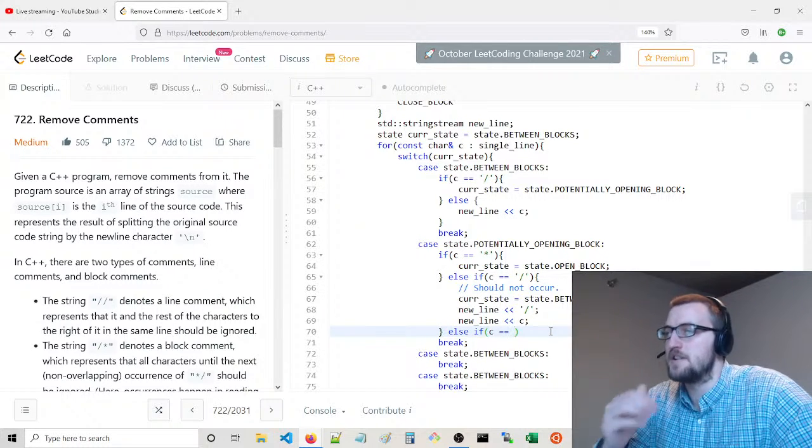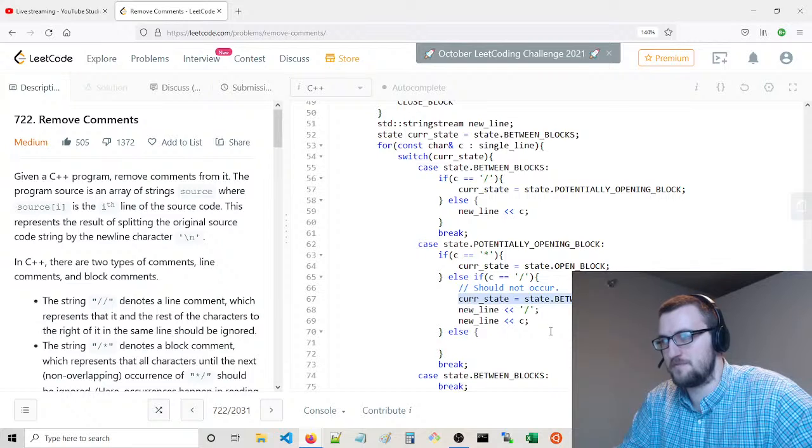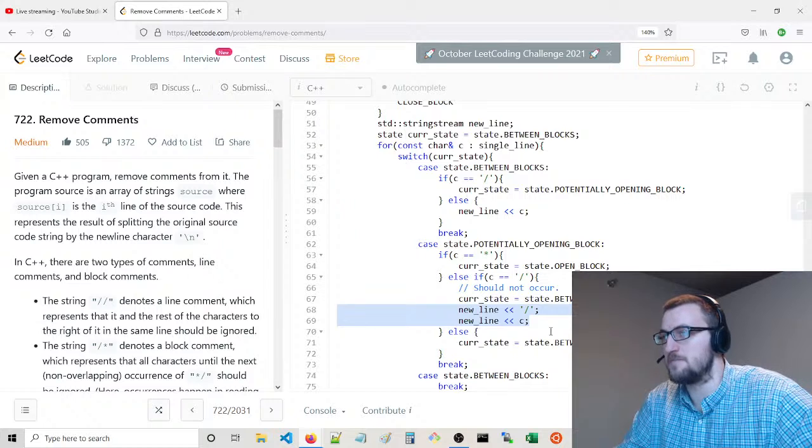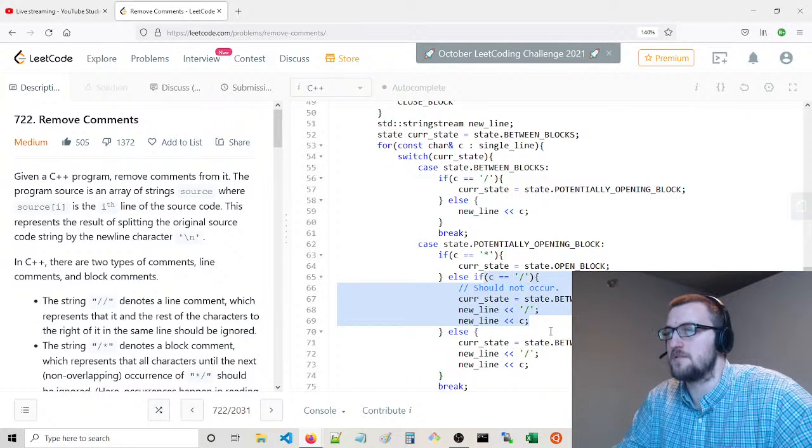If you're anything other than an asterisk at this point, then you go back to between blocks and do this. I think you do this in both cases actually. This is the same thing, so it doesn't even matter.